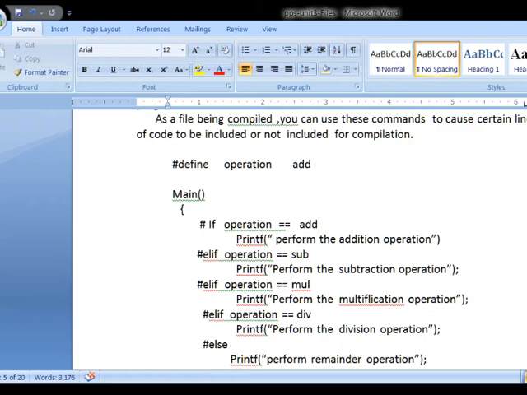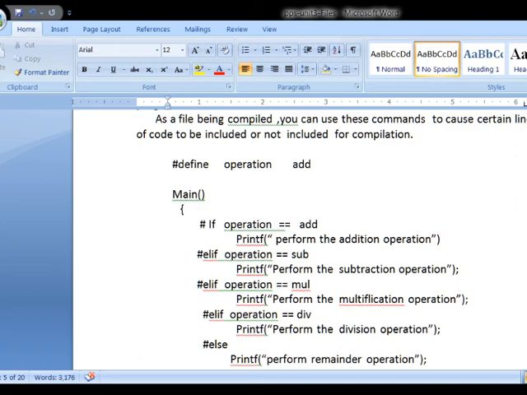Suppose we have 10 statements, and among them only one statement is executed based on the condition. If the condition is true, that particular statement is given to the compiler, and the others are avoided. That means compiler conditional directives can be used to avoid unnecessary statements being compiled by the compiler.